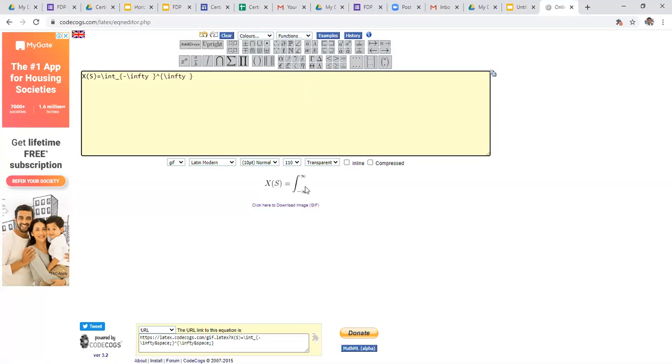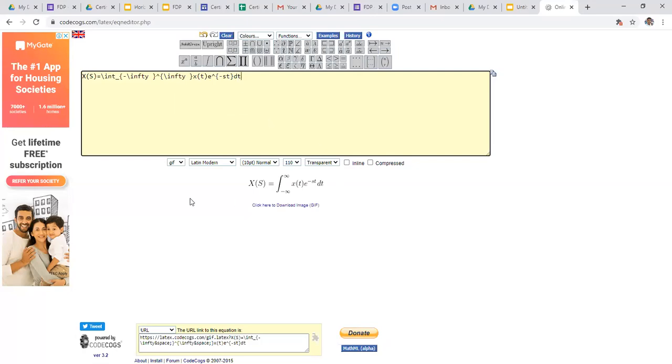And what is the formula? Using the keyboard, write x of t, then x of t into e power minus st. Type e power minus st. Here it is x power a. You click on that, and we get e power minus st. Then the integral of x of t e power minus st dt. With the help of the keyboard, you can write dt. We get this expression. Got it or not, sir?